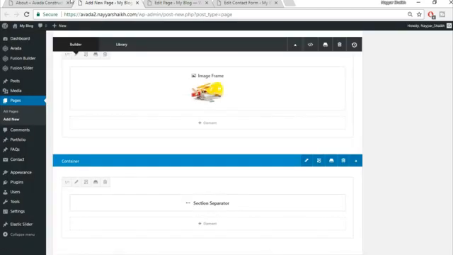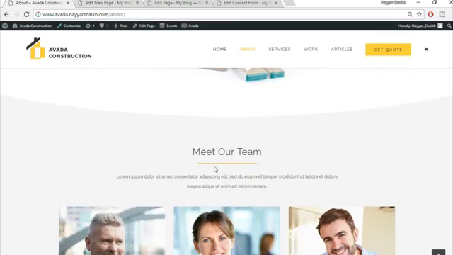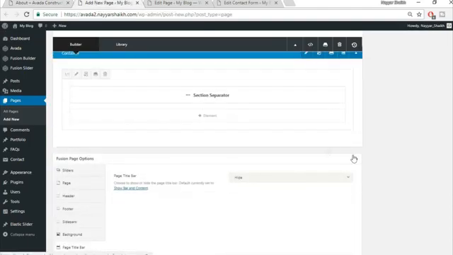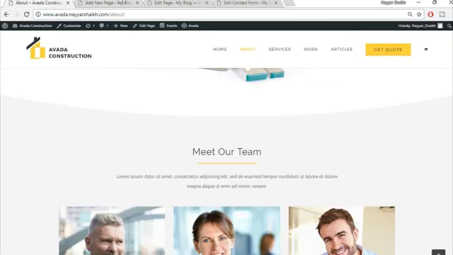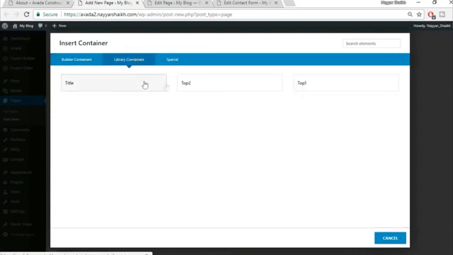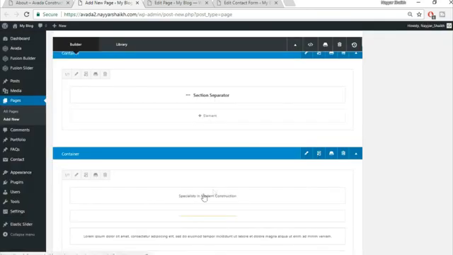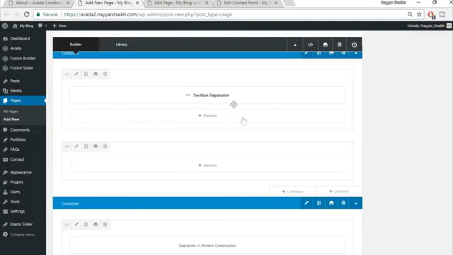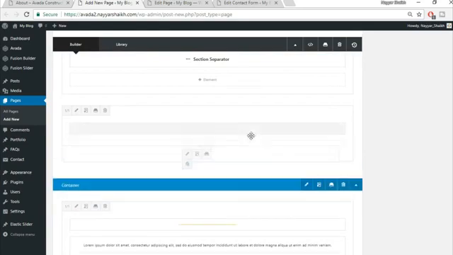Fine, click on save. Now let's add this section again over here. Title, subtitle. Fine. So add a new container. We are adding a new container just to copy. We don't need a new container, just to copy title, subtitle from that container from here. Okay, select title. As I said, just add a new column in the above container and just copy this